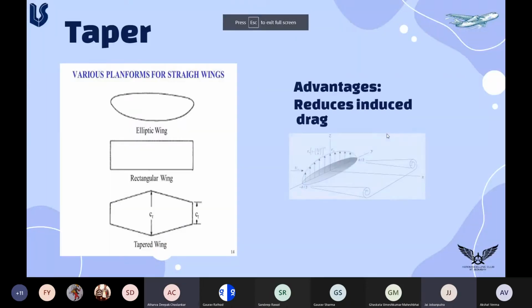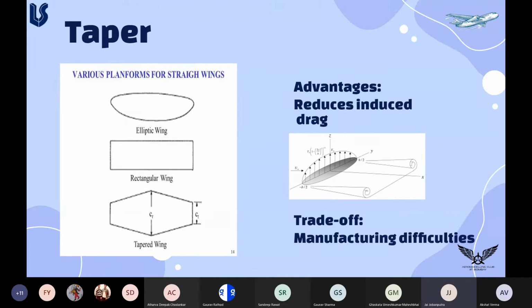Now for airliners, we have this huge thing, and they need to make sure that the structure is stable and not too difficult to manufacture. If it's too difficult to manufacture, their production line will fail. We don't want that. So elliptical used to be used in World War II planes, but then they discovered even a slight taper is good enough. Like this tapered wing, the third image, is not that difficult to manufacture. And if you look at airliners, they use slightly tapered wings, almost all of them.